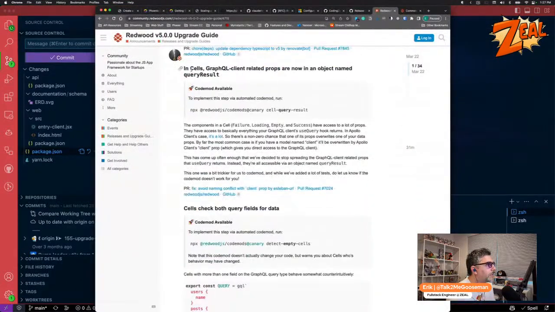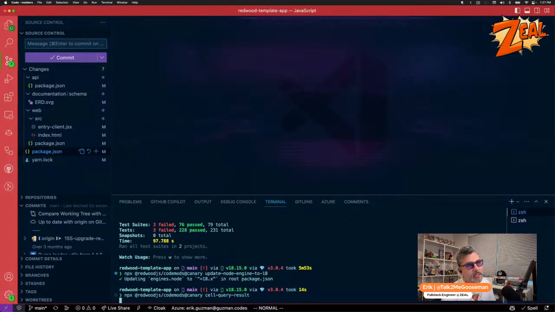All right, in cells, GraphQL client related props are now in an object named queryResult. So the components in cells, Failure, Loading, Empty, Success have access to a lot of props. They have access to basically everything in the GraphQL client's useQuery hook returns in Apollo Client. In the client's case, it's a lot. So there's a non-zero chance that one of its props overwrites one of your data props. By far the most common case. Okay, so we're doing basically namespacing